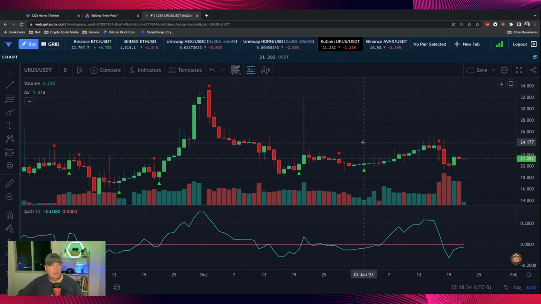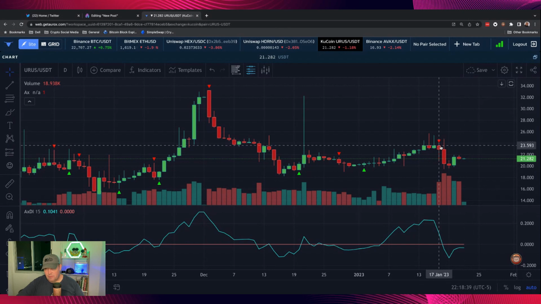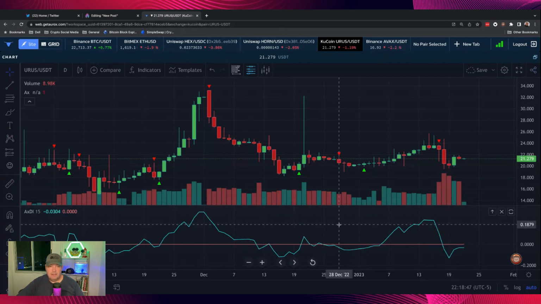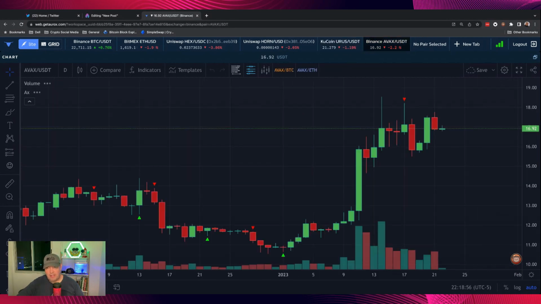All right. Orus right now is at 21.28, and we did get the red Aurox indicator on Orus 6 days ago, and demand index is below 0. So this could be a chance to get some Orus on the cheap. It did go as high as $300 in the last bull run. So more than my other favorite coins, Avalanche. You got more X's with Orus than you did with Avalanche in the last bull run, I believe. You could check me on that, but I'm pretty sure it did.